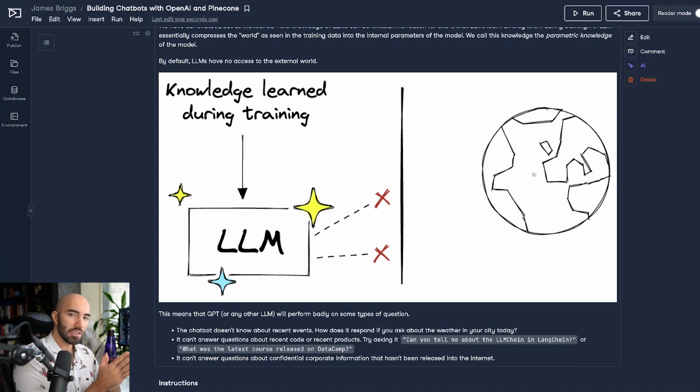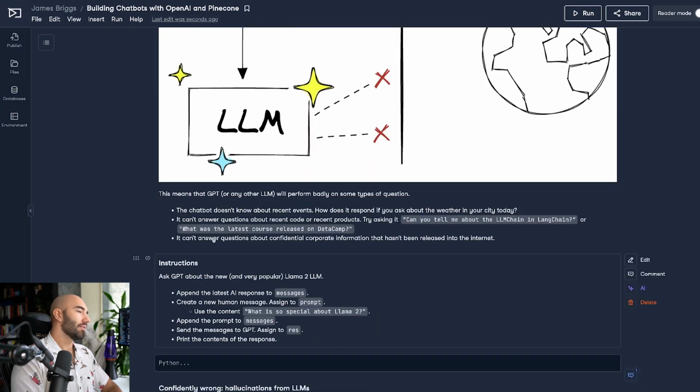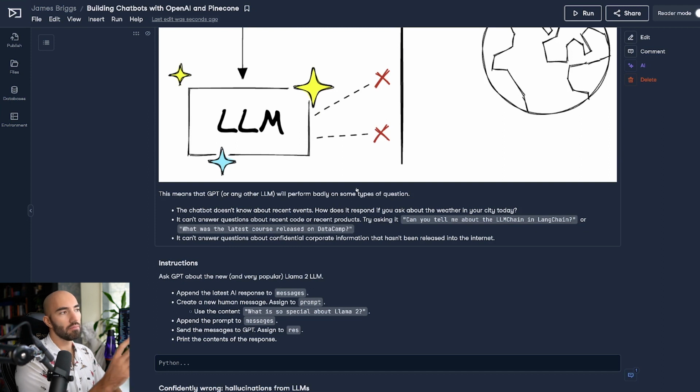All it understands is what it has seen within the training data set. So it means that GPT 3.5 and other LLMs are going to perform badly on quite a few different types of questions. On more general knowledge, like the questions we're asking about string theory and unified theory, that information hasn't really changed, or maybe there are updates within that space, but it can give us answers to those questions.